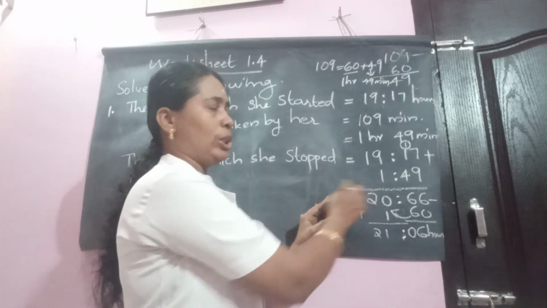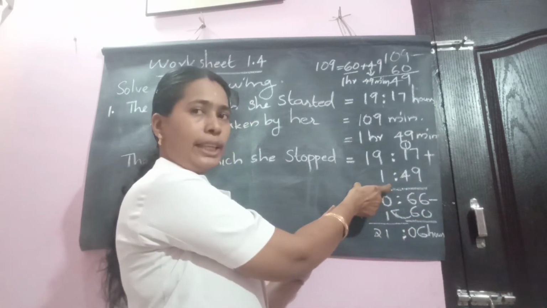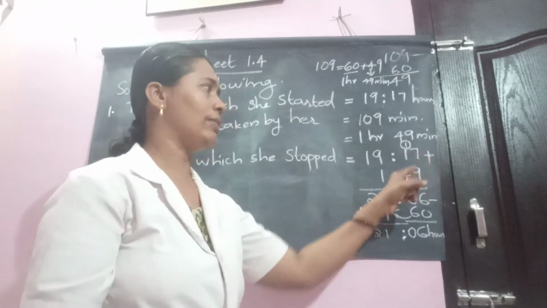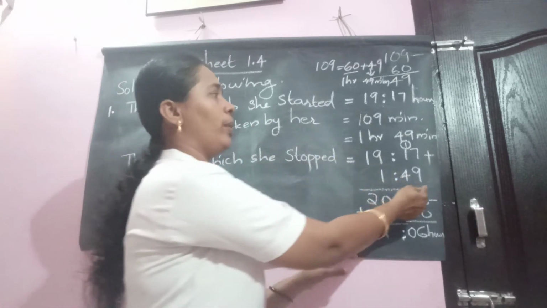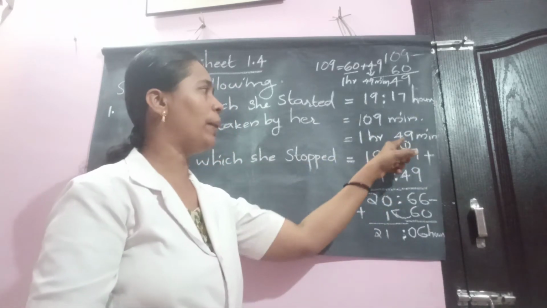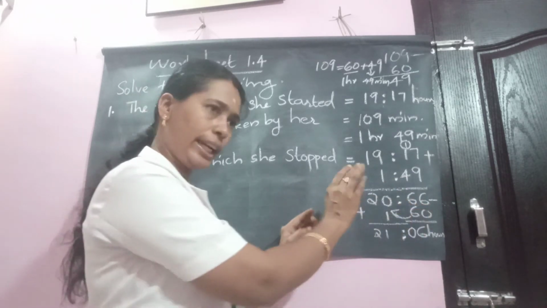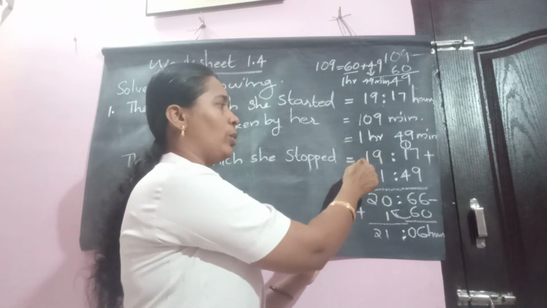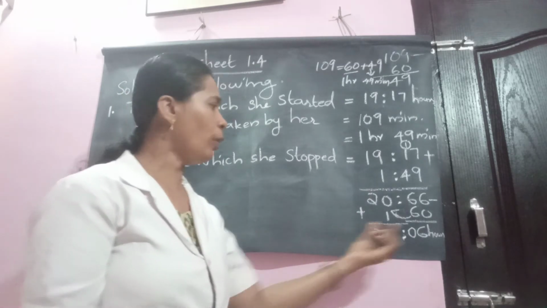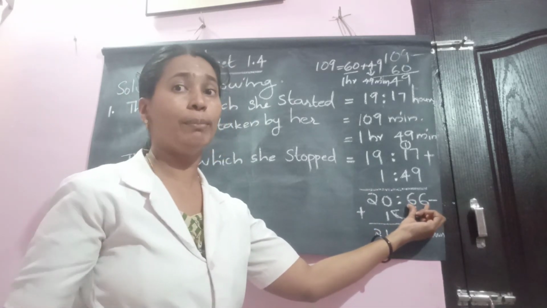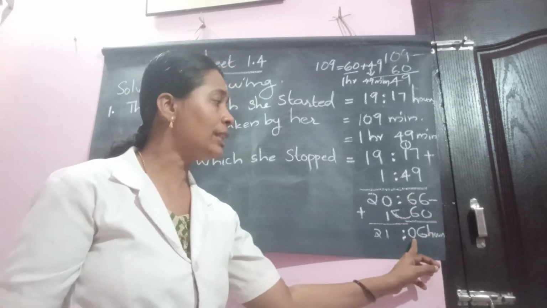When you are adding these two, column-wise you have to add minutes numbers in the minutes column, hours numbers in the hours column, isn't it? So when you add, 9 plus 7 we have 16. 1 remains. That one you carry over to the next column. So we have 1 plus 1, 2, 2 plus 4, 6, isn't it? And that 6 you write there first, 66. Then you come back to the hours column. 19 plus 1, how much for us? 20 for us. Now think about 66 minutes. More than 60 is coming. So you subtract 60 from there.